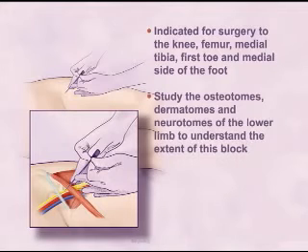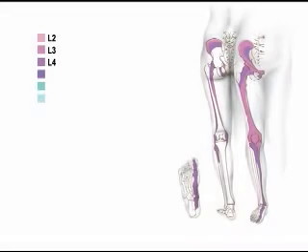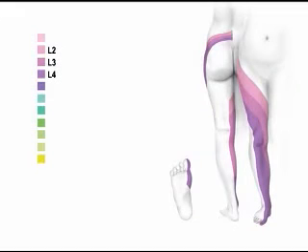foot. It is essential to study the osteotomes, dermatomes, and neurotomes of the lower limb to understand the extent of this block. The femoral nerve originates from the second, third, and fourth lumbar root, and the bones of the L2, L3, and L4 osteotomes will be covered if this nerve is blocked. Note that this starts with the femur and continues down to the medial aspect of the tibia and medial side of the foot. Included in this block are the skin areas supplied by the L2, L3, and L4 dermatomes. Notice again that this goes down all the way to the big toe area and the medial aspect of the